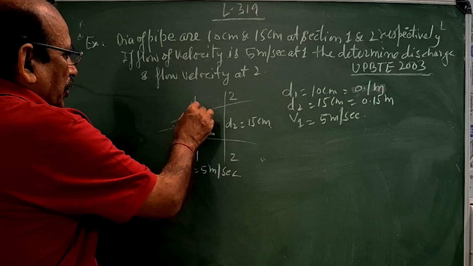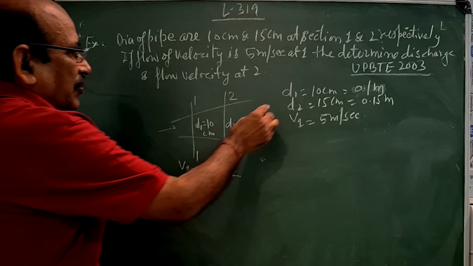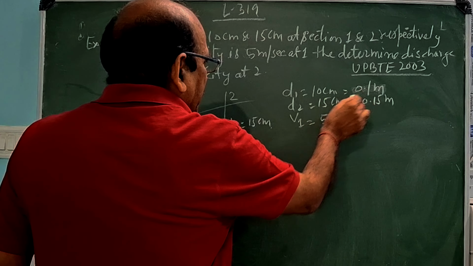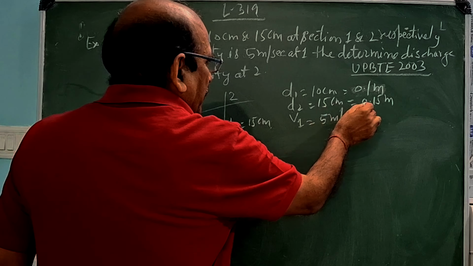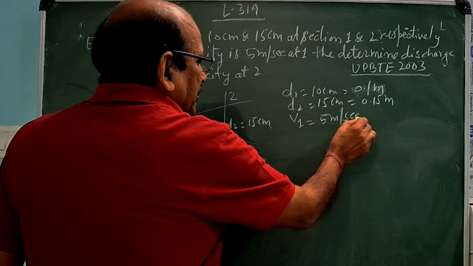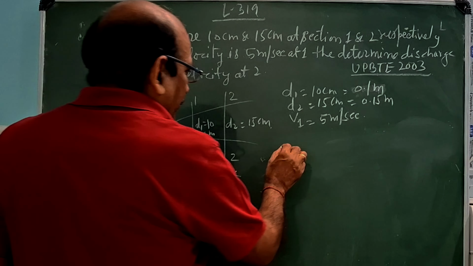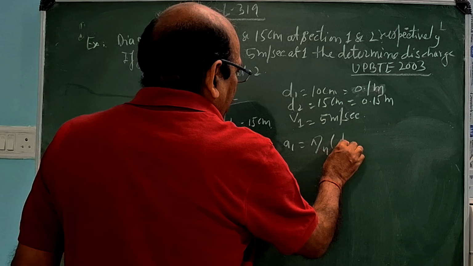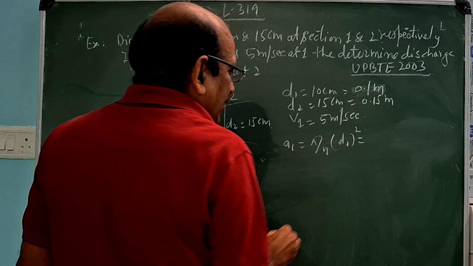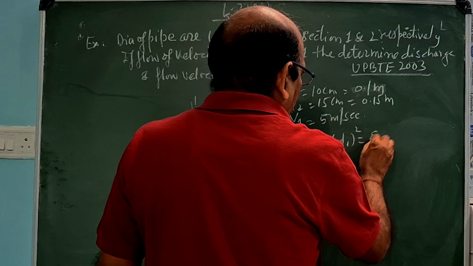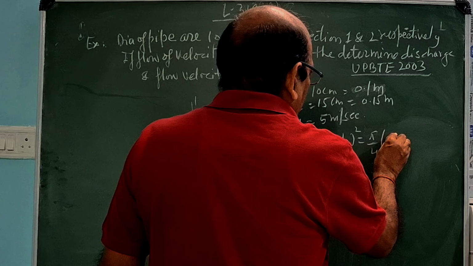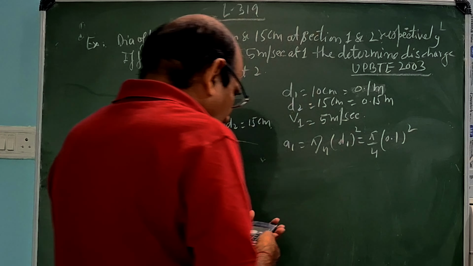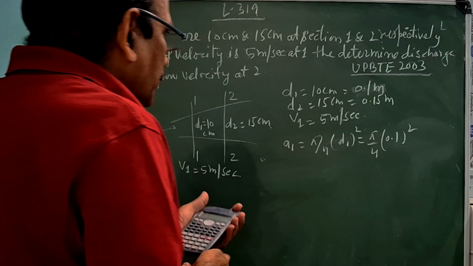ये सिंपल सा प्रॉब्लम है। तो जैसे मान लो कि आपका ये पाइप फ्लो कर रहा है इसमें, तो 1 और 2 ये है। D1 आपका 10 सेंटीमीटर 0.1 मीटर, D2 इज 15 सेंटीमीटर 0.15 मीटर, V1 5 मीटर पर सेकेंड दिया है। तो A1 क्या हो जाएगा? A1 इज इक्वल टू π/4 इंटू D1 स्क्वायर, एरिया हो जाएगा ये। तो ये हो जाएगा π/4 इंटू 0.1 का होल स्क्वायर। इसको फाइंड आउट कर लेते हैं हम लोग।